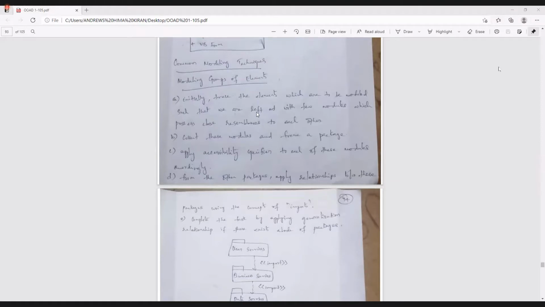If we want to make the design more specific, then the size of the diagram will be increased. If you want to reduce or restrict the details of the design, then we precise the size of the design. Okay, have you got my point? I'll repeat the point once again. If you want to be more specific in order to represent a particular design, then automatically the size of the model or the size of the design increases. If you want to represent the diagram in a compact manner, then most of the things will be hidden.